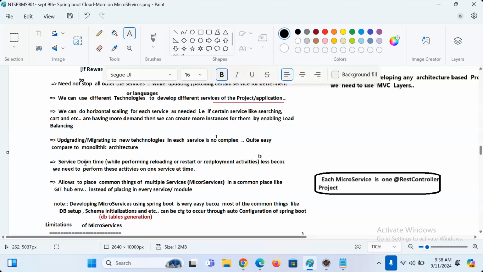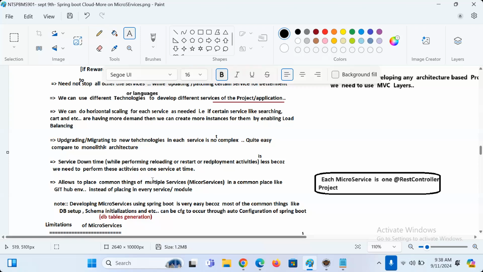Service downtime is less because we need to perform these activities on one service at a time. Next, it allows placing common things of multiple services in a common place like a GitHub environment instead of placing in every service or module.